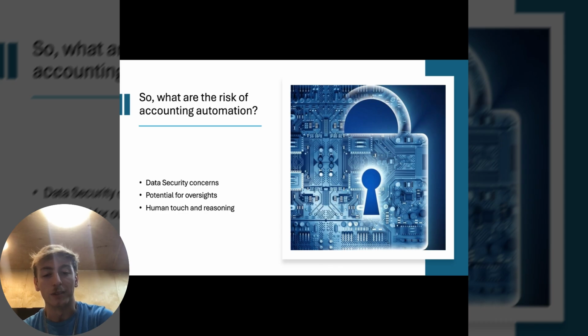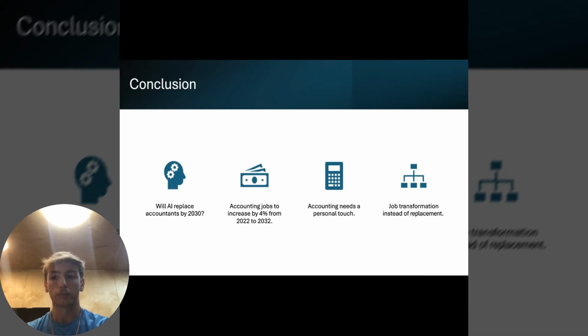And human touch and reasoning is something that automation lacks, and is something that automation can't touch because humans have their own aspects in which automation cannot replicate, and there has to be reasoning within us. So we work hand in hand with automation to achieve the results that we want.